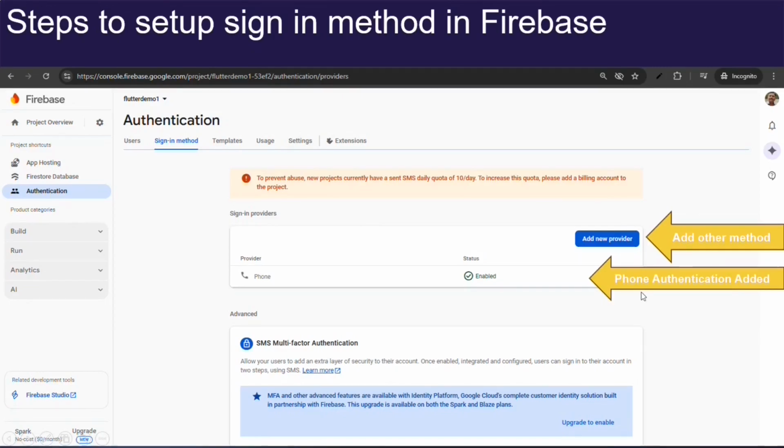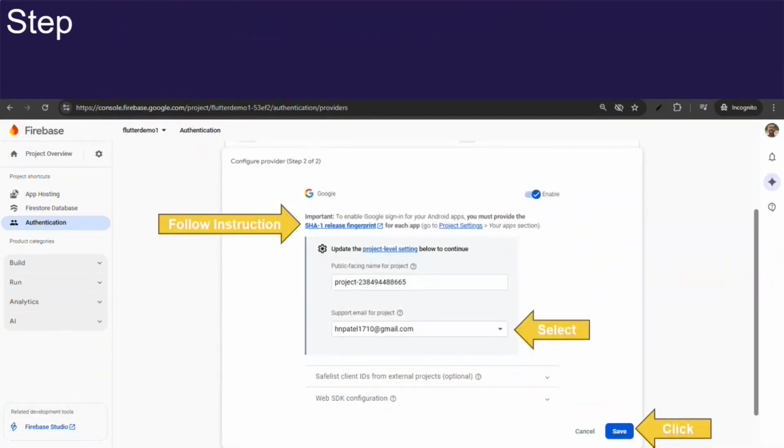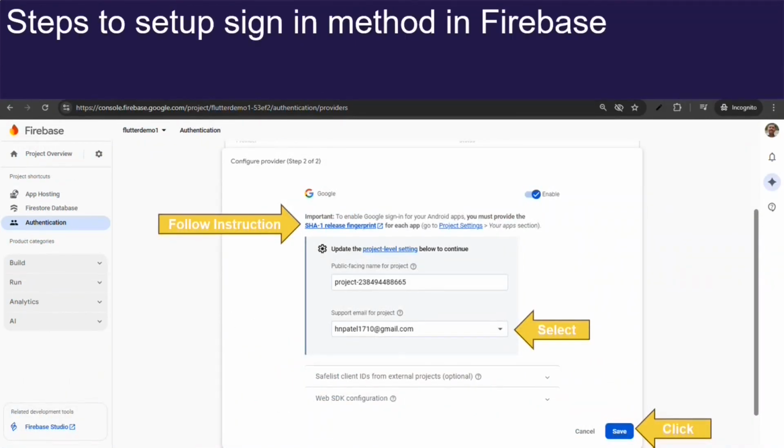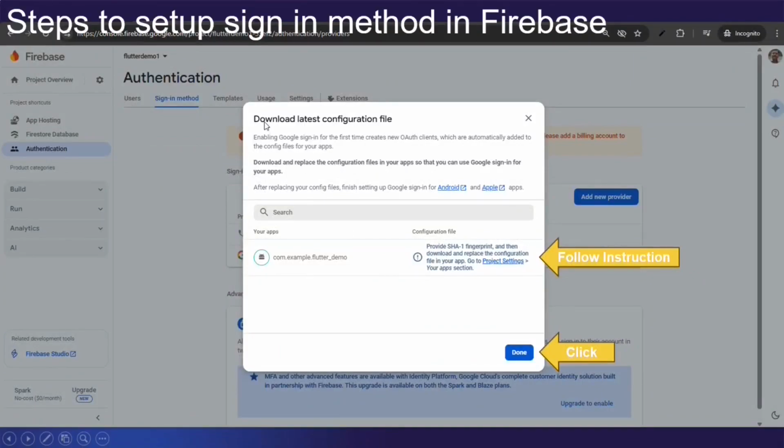If we want to add another method, then you can click on add new provider. Now I want to add another provider, right? So I click on Google sign in, and that will ask me to add my email for the project. So I have to select that, and then I have to click on save. It will ask you to download the latest configuration file. Earlier we have downloaded that JSON file.